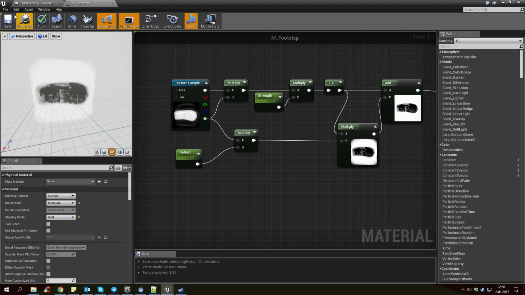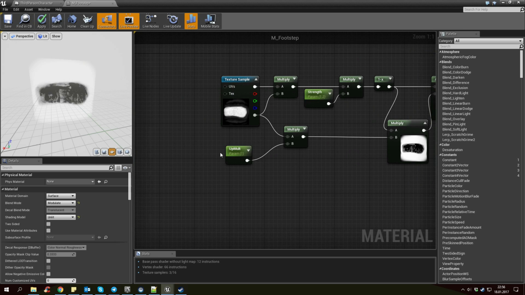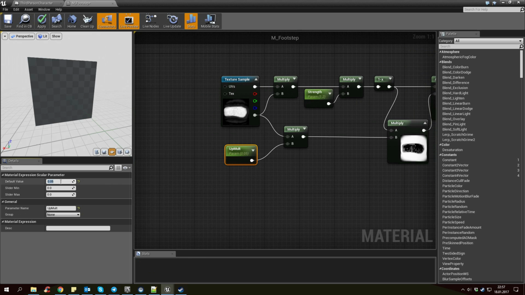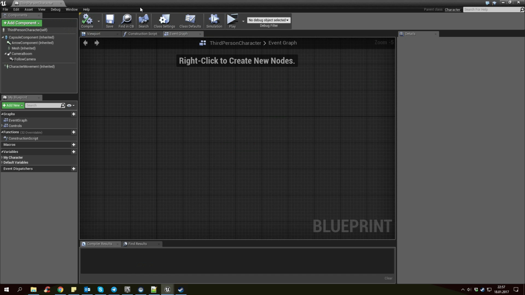Okay, so that's good. Yeah, so that's all what you really need. This I need to set a bit lower though. That's way too much, so 0.05 or something like that is normally what's good for that. There we go, so we save that, done. So footstep done. Next up,